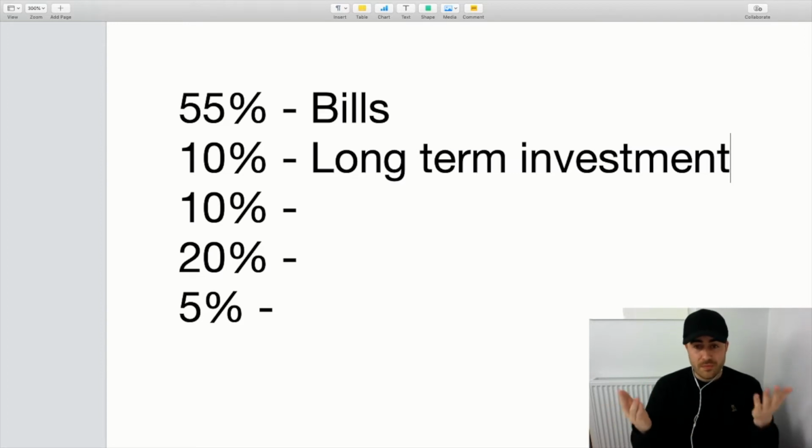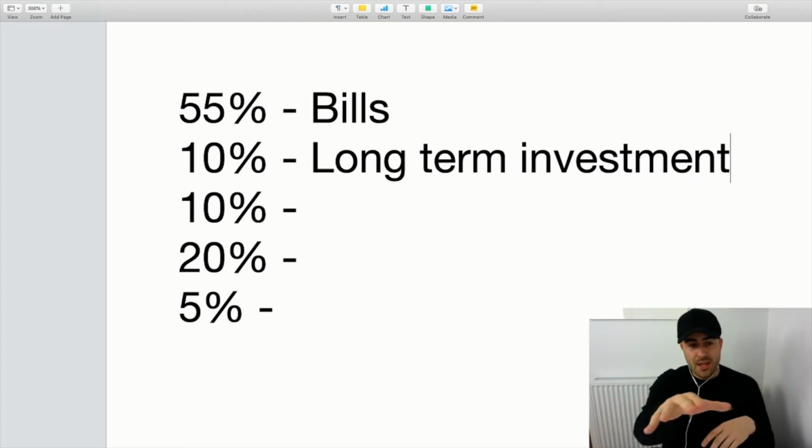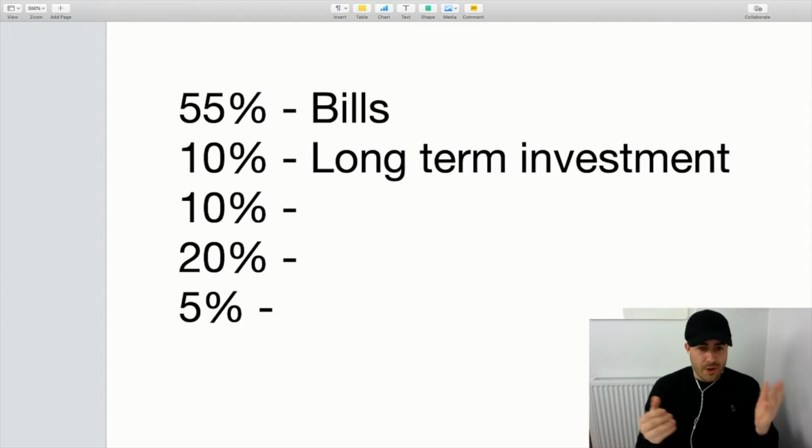And yeah, you could have your car break down tomorrow and you've got no money and the worry about it. But if you've got money in that long-term investment account or your rainy day fund, then that worry almost goes away a little bit. So the next thing you need to do is put 10% into my favorite, which is